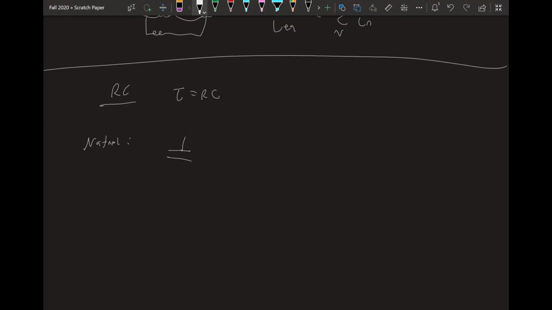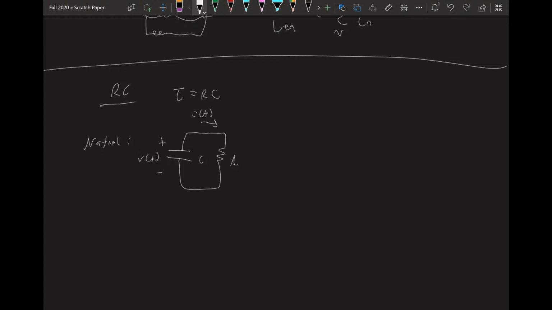If you draw a natural response for an RC circuit, it's going to look like some capacitor with some voltage, some R, and some current. These are all going to decay away to 0 after a while because the energy is going to be used up through the resistor. And this response is governed by the